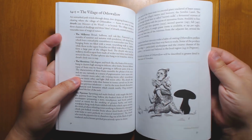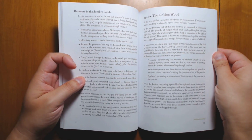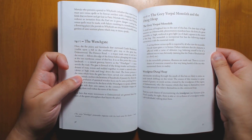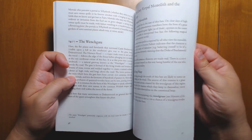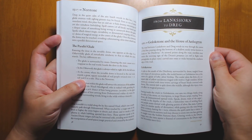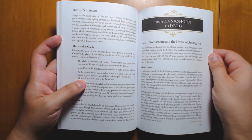Some weird villages that you can encounter. The Golden Wood, so we have some places where you can find fairies. The Wench Gate, one of the entrances to Dolmenwood. The Vorpal Monolith, lots of really great names. The Nor Stone. There's a theme throughout Dolmenwood of finding dolmens, these large standing stones, all of which have weird